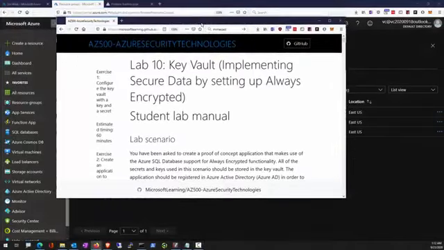In lab number 10, we'll be implementing a key vault. Now, this key vault can be used to store three kinds of things: encryption keys, certificates, and secrets. Now, in lab 10, the key vault's key will be used to externalize the encryption of a SQL database. Now, generally, any sort of security mechanism that's available in Microsoft SQL Server